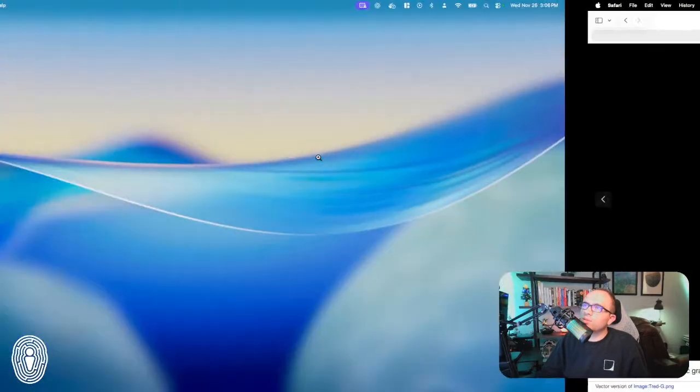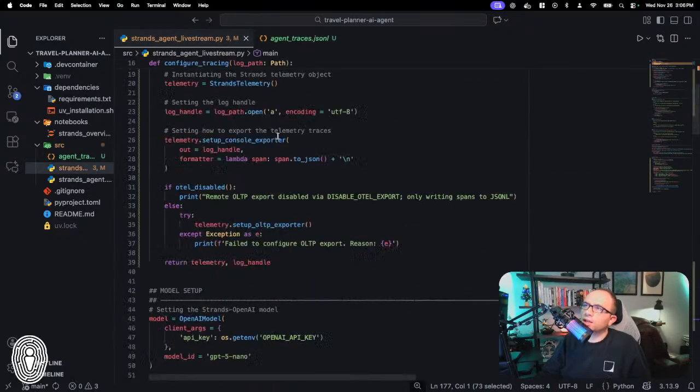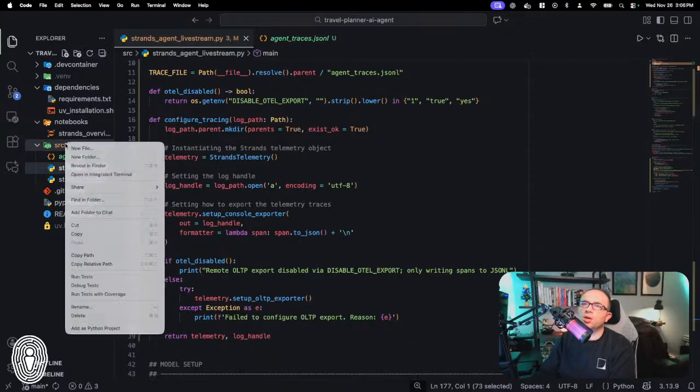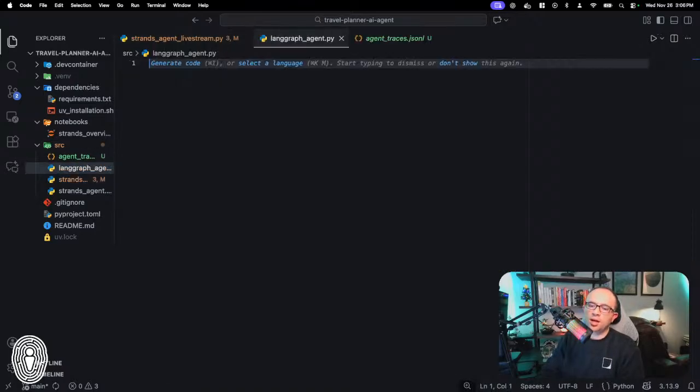Part of the reason I've been so focused on Strands, and admittedly part of the reason I've been struggling a little bit with the code in terms of the telemetry, is that I had AI help me write this to an extent. I wrote a good chunk of it myself, but I did not write all the OTel piece myself. I did review it, of course, because I wanted to make sure I understood it. So I'm going to create a new file here. I'm going to call it LangGraph agent.py